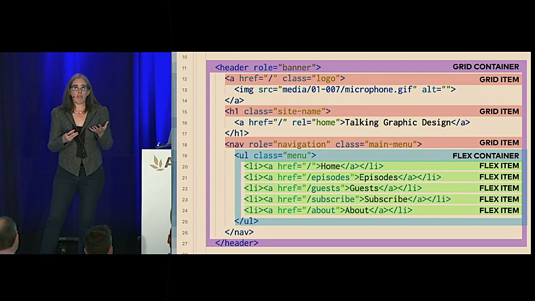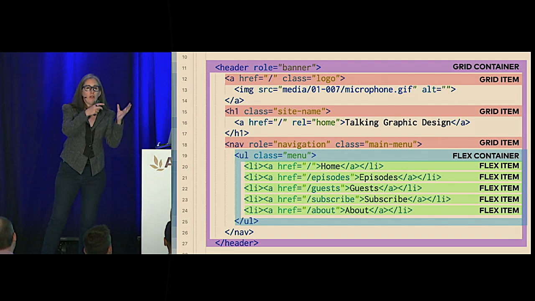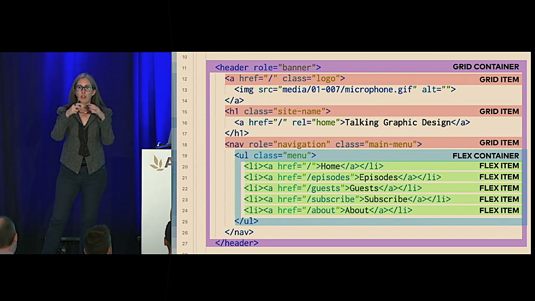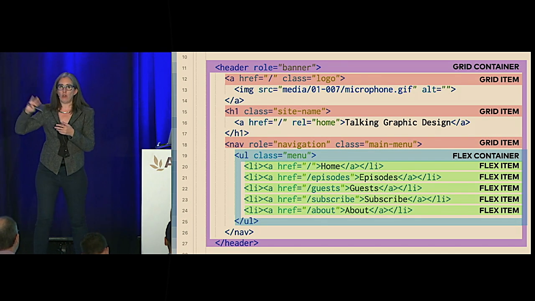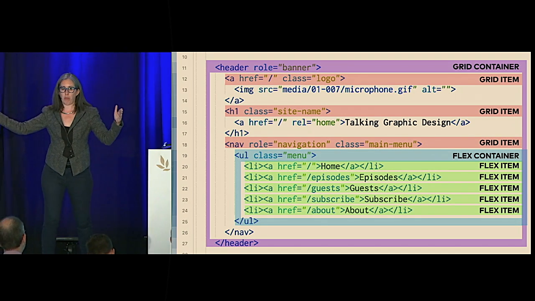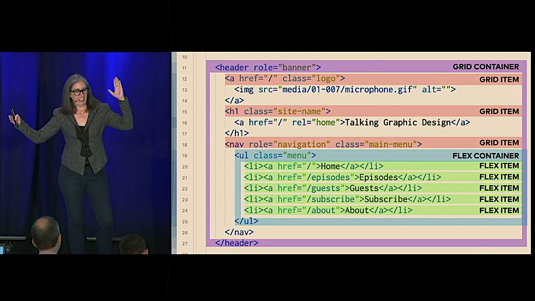You're going to use both of them. And this is how you're going to use both of them. You're going to use them on different parts of the page, on different elements, on different nested formatting contexts. This is not at all like Bootstrap. This is not at all like 960.js. It's not at all like all of the layout frameworks that were all float-based that came between 960.js and Bootstrap,